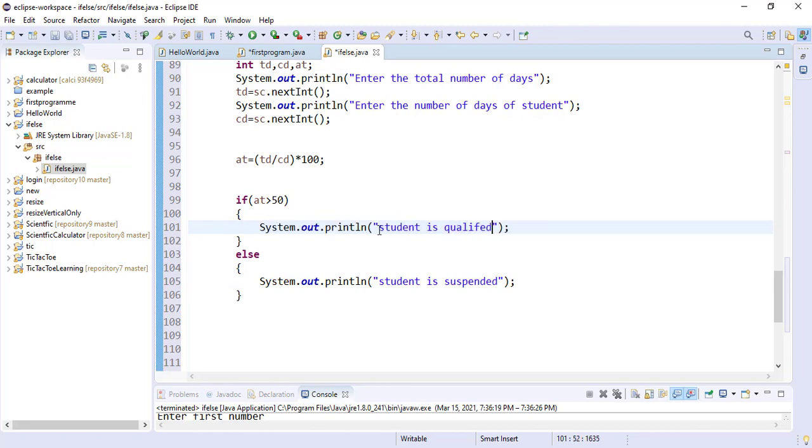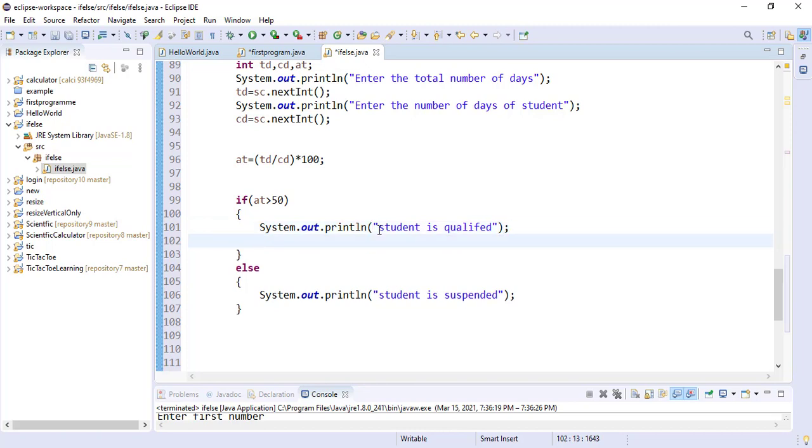Now I again check a condition: if attendance is greater than 50 but less than 60.